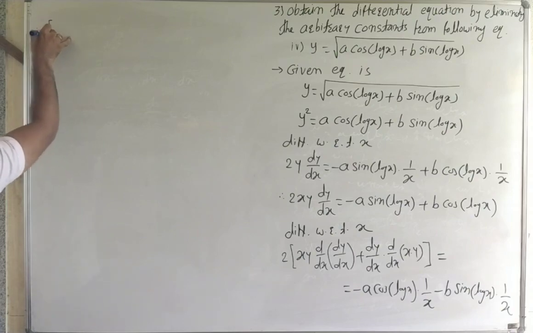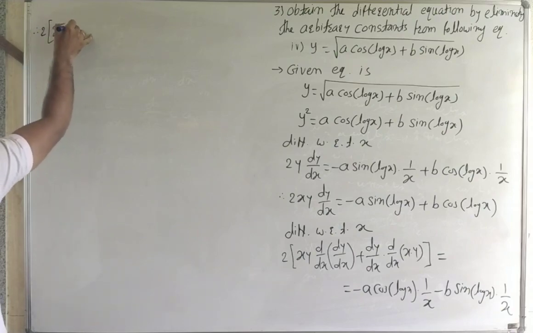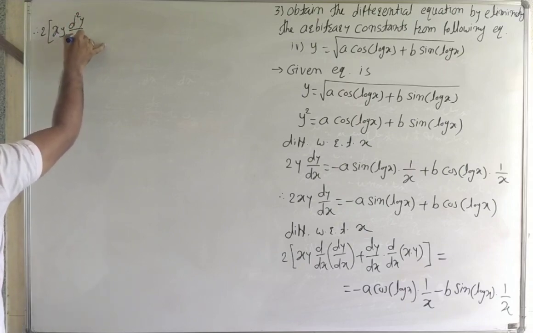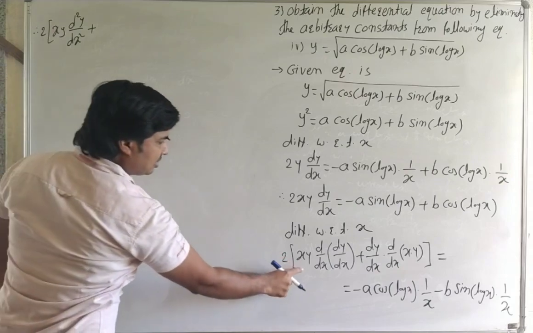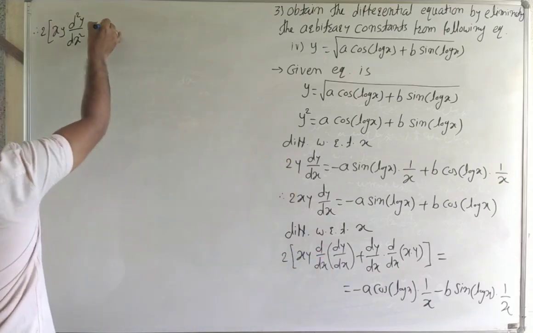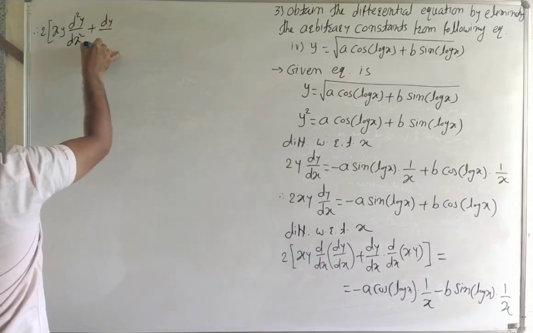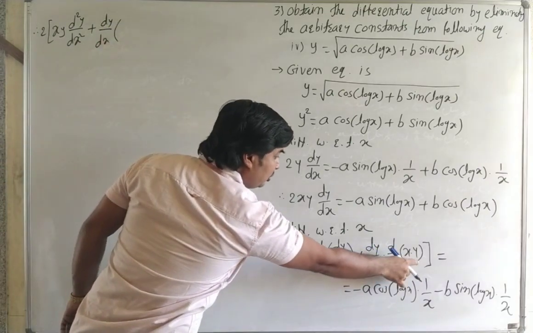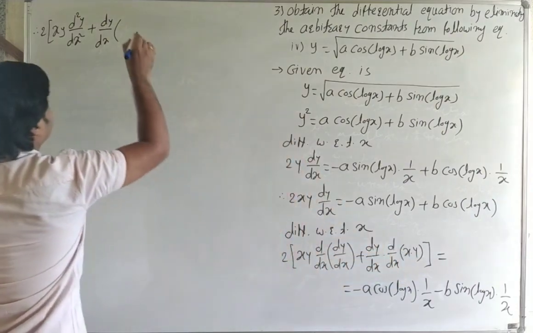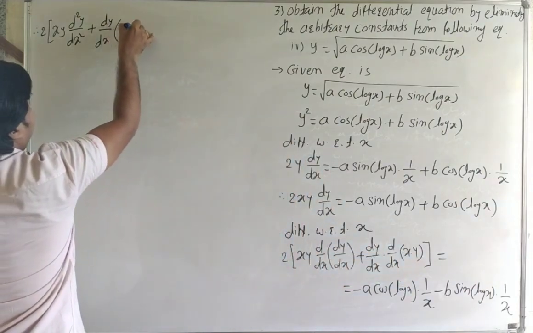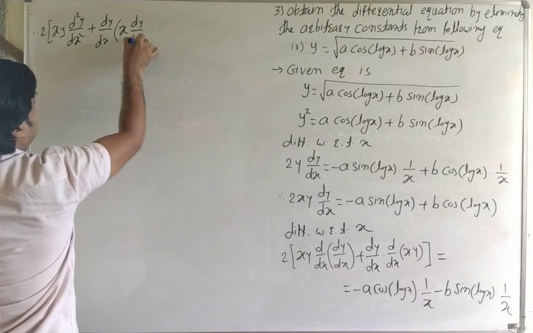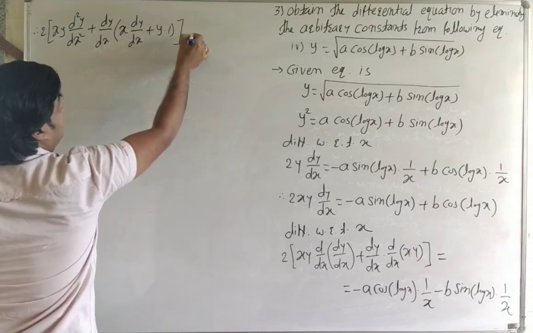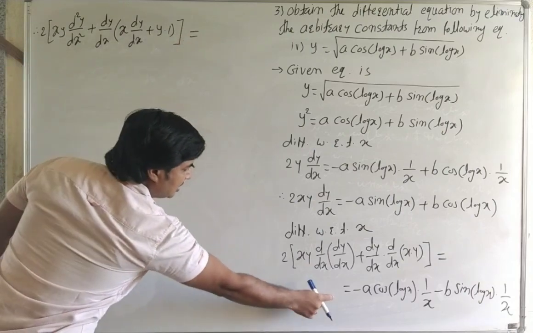Therefore it is 2 into xy d2y by dx2 plus, it is xy d2y by dx2 plus dy by dx into the derivative of x into y, again here u into v. First as it is, derivative of the second, plus second as it is, derivative of the first, and it is equal to, this is as it is,